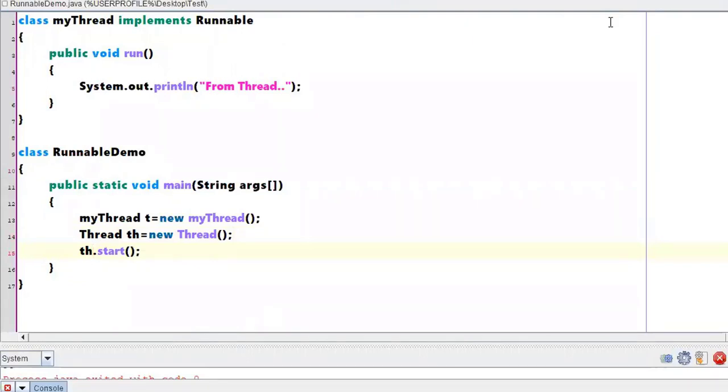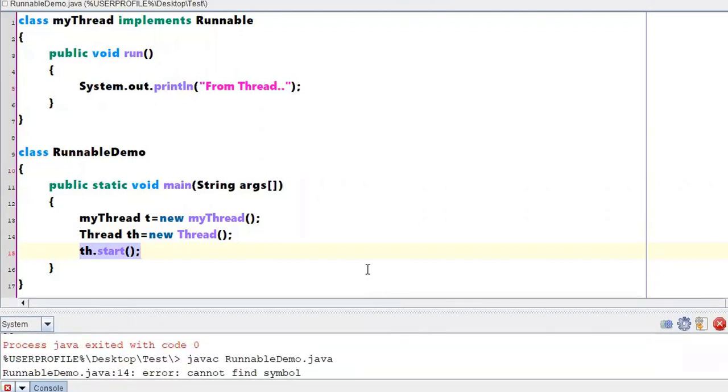Now what I'm doing is creating an object of the Thread class, and by creating an object of the Thread class, I am calling the method th dot start, right? Shall we check now? Will it work fine?